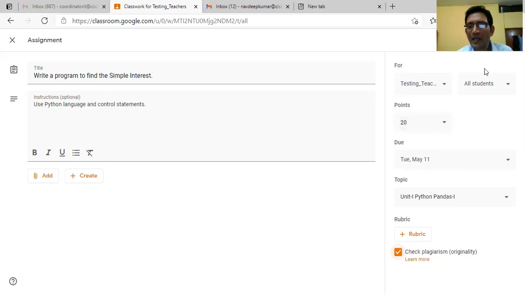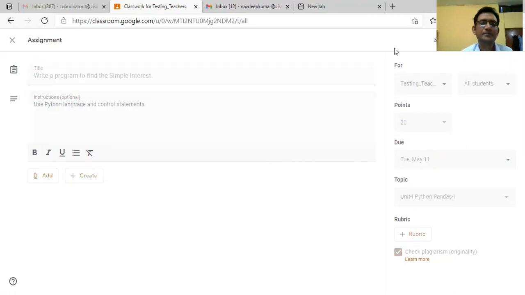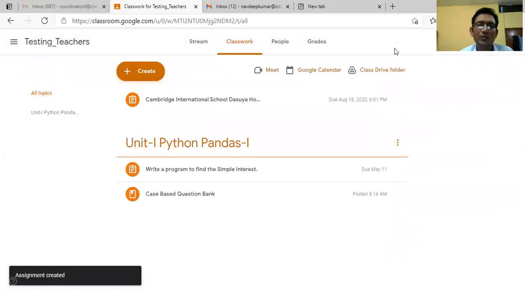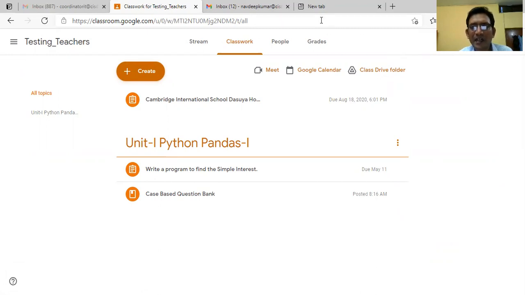So now I will go, and similarly here you can see with this arrow tab, you can schedule it. Clear? For a later date, and save draft also, discard draft also, and I will say go and assign this one. So now the assignment is there on the student side. Clear? Now let us have a look at the assignment on the student side and how it looks like.